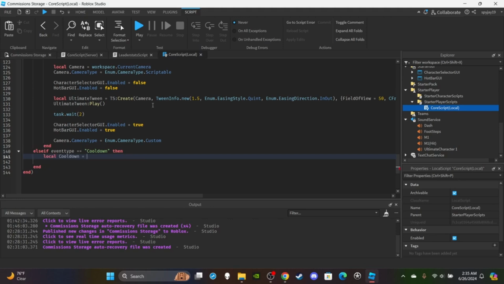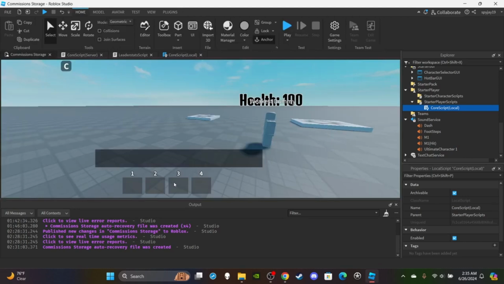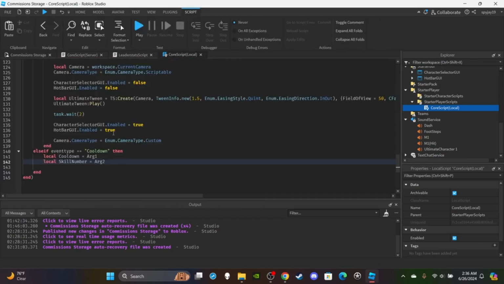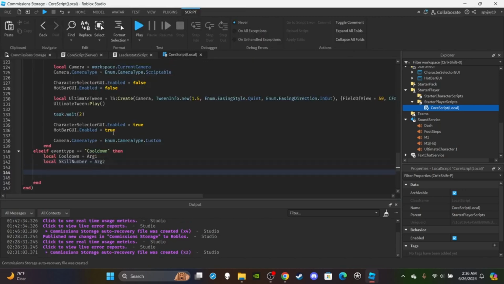First, cooldown is equal to arg1, so argument number 1 will be the cooldown duration, and then we're going to get the skill number, so we know which one. Skill number is equal to argument number 2, so we know which text label we are doing the cooldown effect over. So we're going to create that, then create a variable for the skill text label. So we're going to get that. So skill text label is equal to